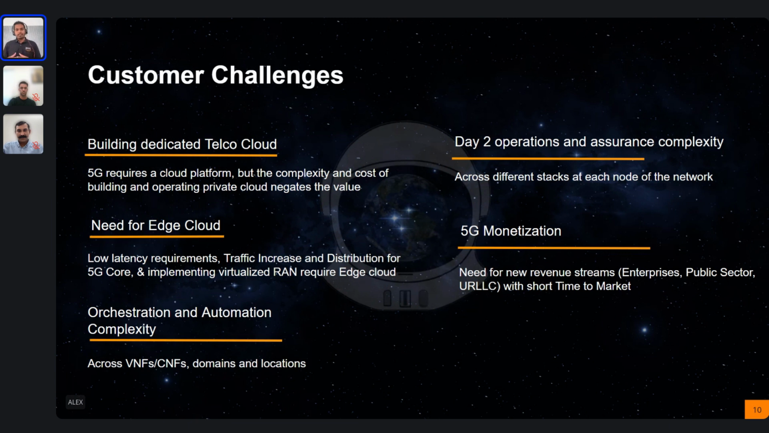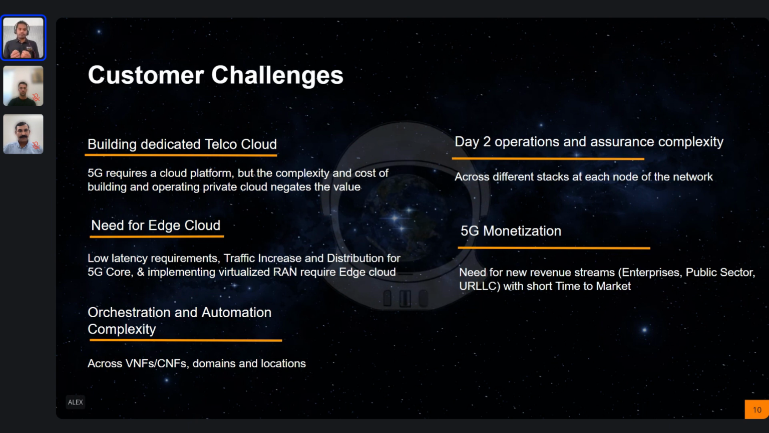So what are the challenges that customers are facing when they want to enable 5G over their NTN network or over their satellite constellation, right? So first is they need to build a dedicated cloud. What do I mean by a dedicated telco cloud? 5G by design is virtual,